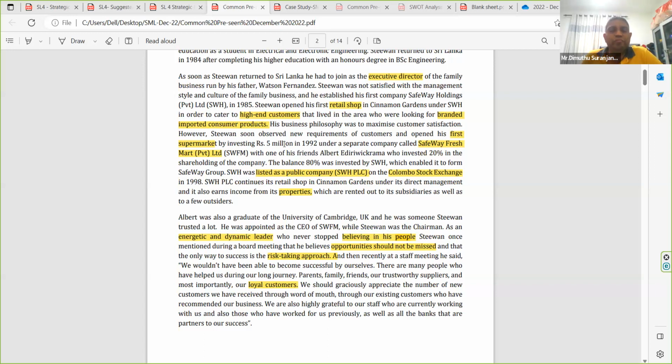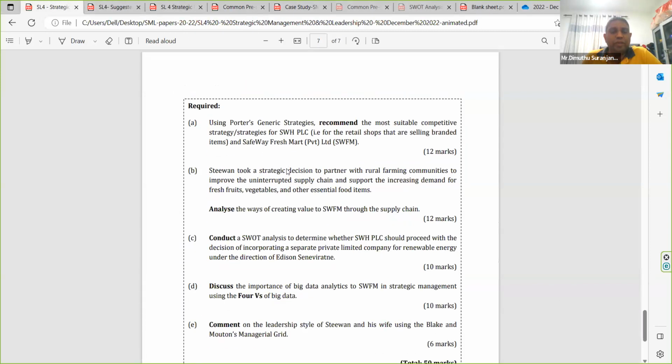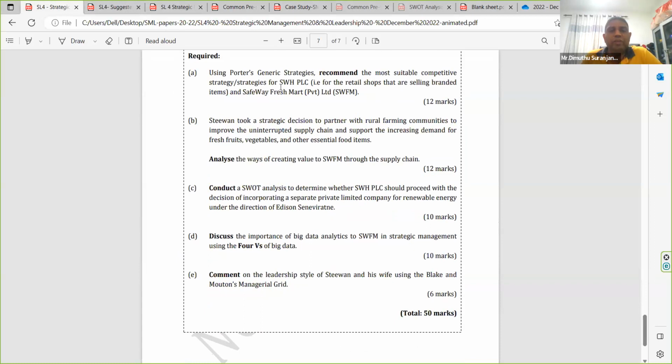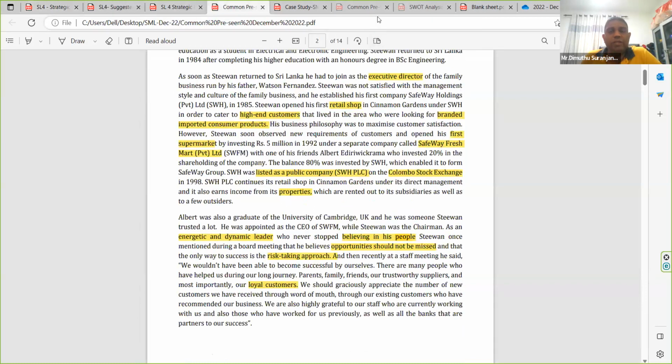Now, when you look at this, the question is based on these 2 companies actually: SWPLC, the retail shop and Safeway Fresh Mart. So what do you think? Retail shop, what is the appropriate strategy? Cinnamon Garden, so what is the market segment they are targeting? High-end customers. And if you go to Porter's strategy,